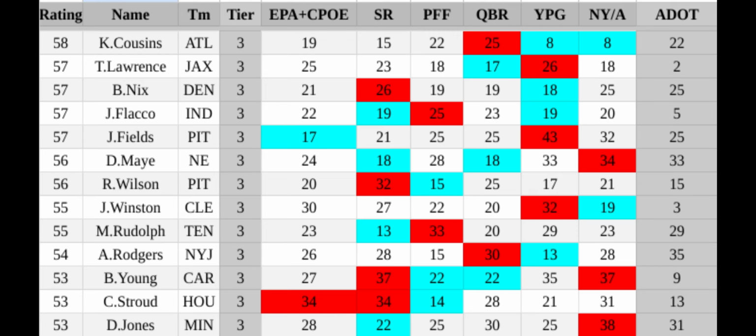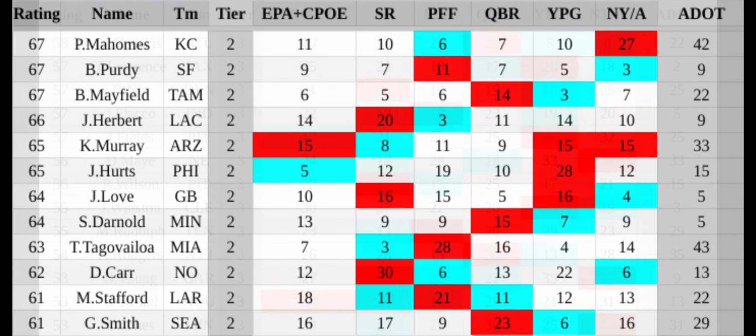Finally, we get to tier 2, which is where things start popping off as we get to the real legit quarterbacks of the league. These are quarterbacks you can win playoff games with.